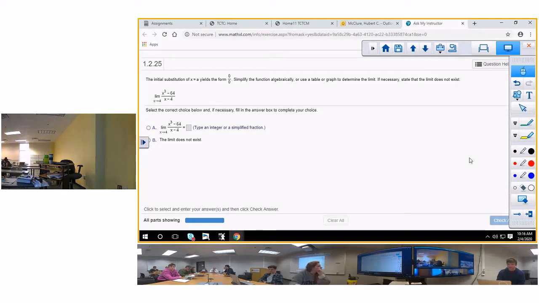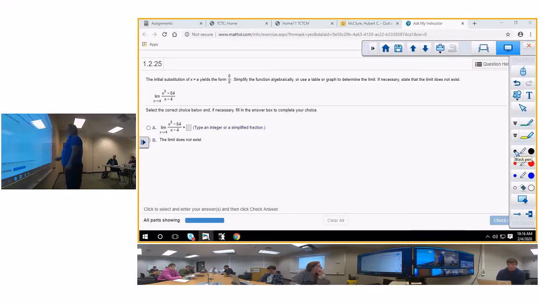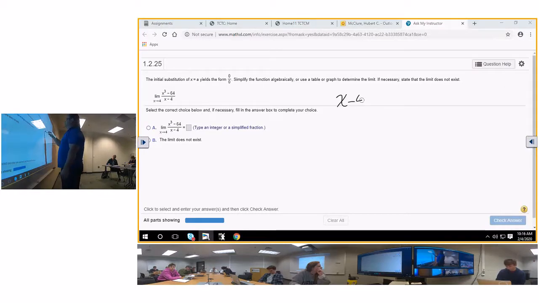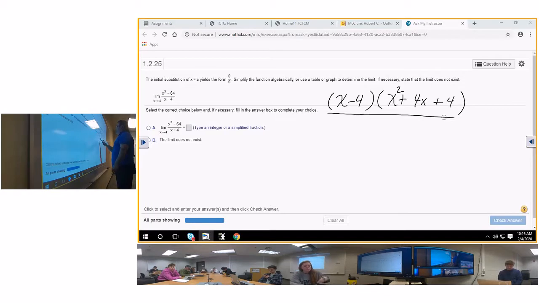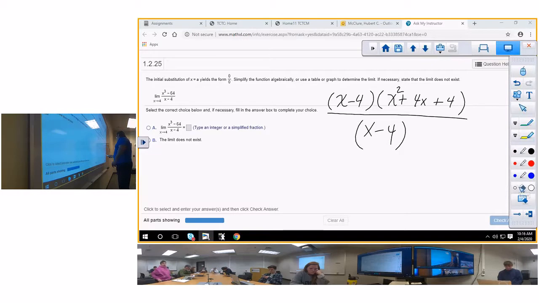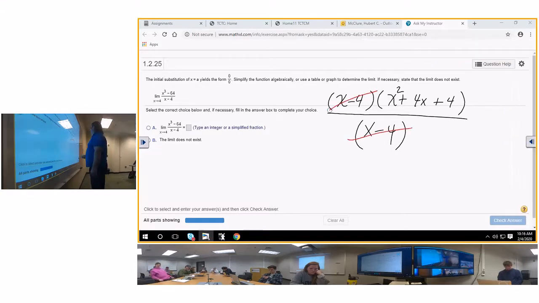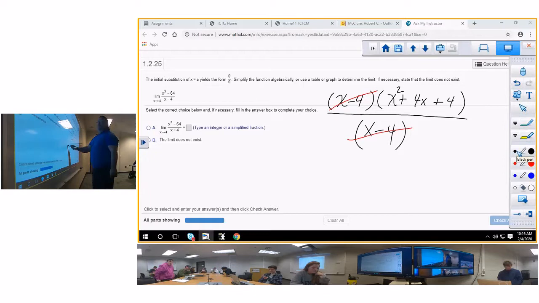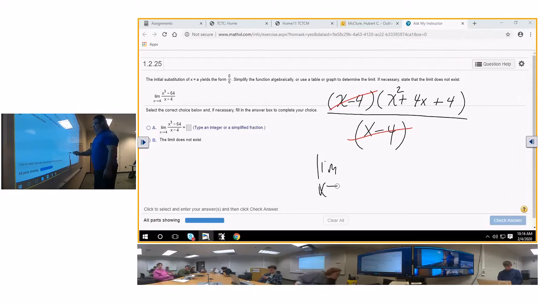So shortcut number 5, that's going to be x minus 4 times x squared plus 4x plus 4, over x minus 4. And what happens to the x minus 4s? Cancel. And that leaves you with the limit as x approaches 4 of x squared plus 4x plus 4,